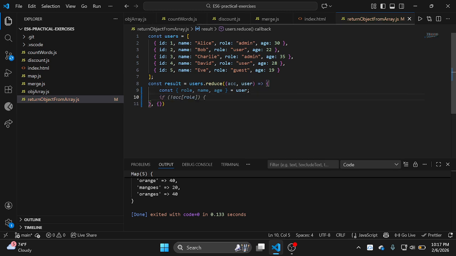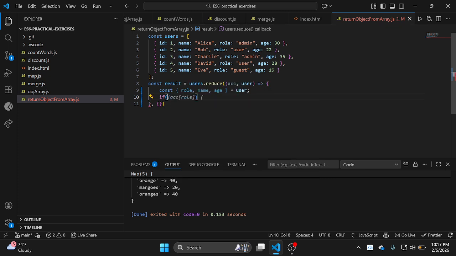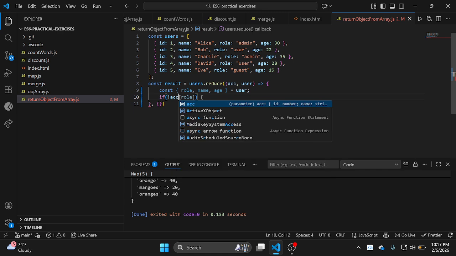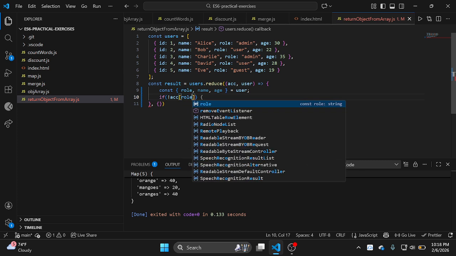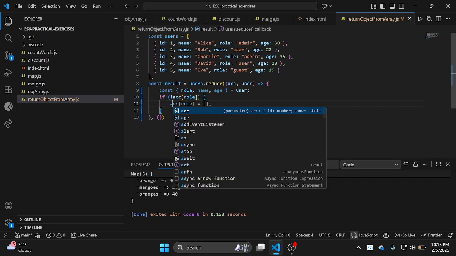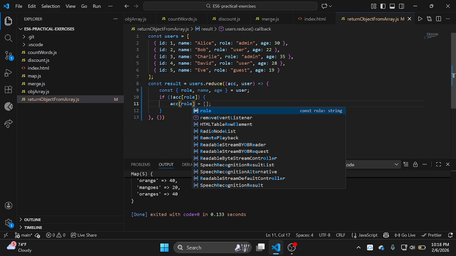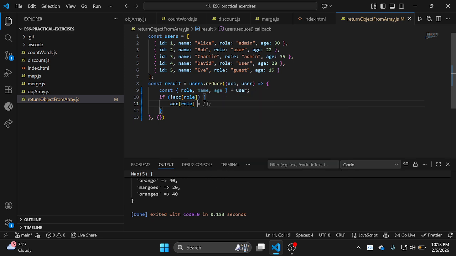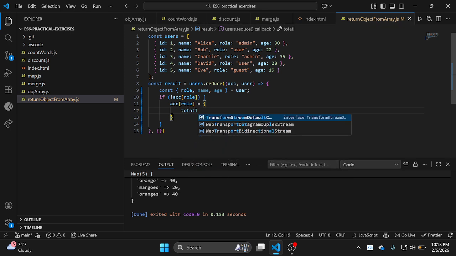Afterward we are going to implement this logic for checking if our accumulator already has a role. If the role already exists, it will increment. If it doesn't exist, it will create it. Here we need to assign it to an object. Then this object, we need to return the total users,